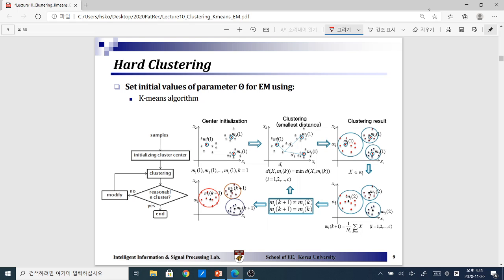Okay, so let's take a look visually at how this k-means algorithm actually takes place. So once again, as a zeroth step, we initialize the cluster centers or centroids, and then we do the clustering. This is by means of assigning each of the samples to the nearest centroid, and then determining the new cluster center. And then with that, it tries to modify until convergence takes place.